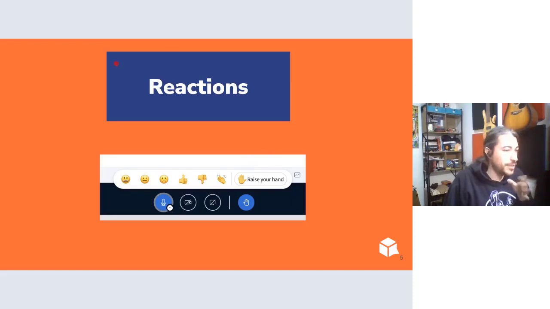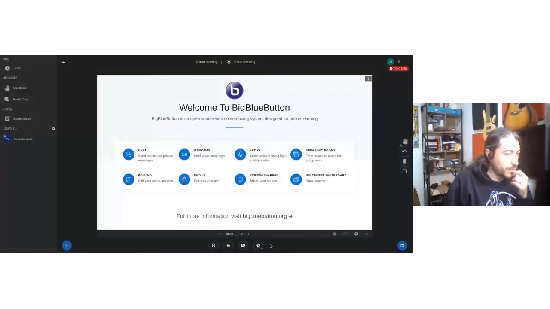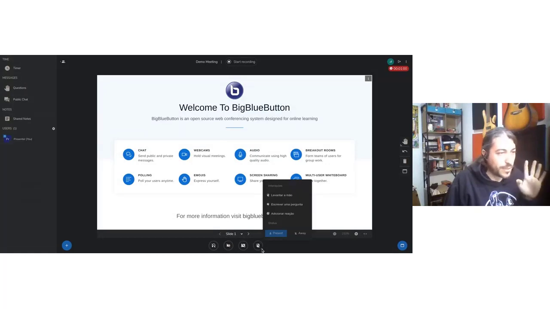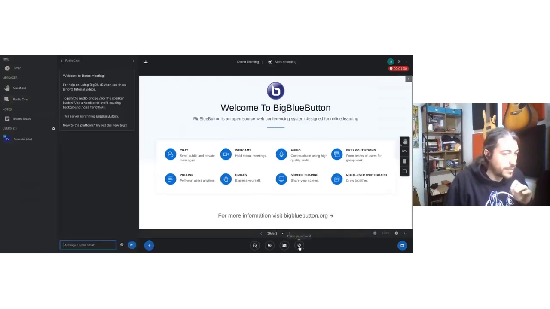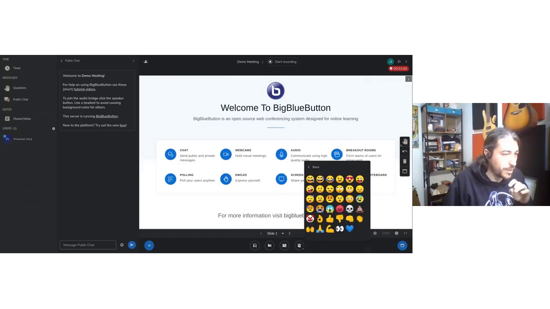We have reactions, which once again, I'll share my screen. Reactions work similar to the old system we had, I think it was called status. And so we could choose to raise our hand or show that we're away or present from the meeting. And so we extended the system to be able to choose an emoji. So if you're feeling happy, you can just click the happy emoji, and then it will show the emoji in